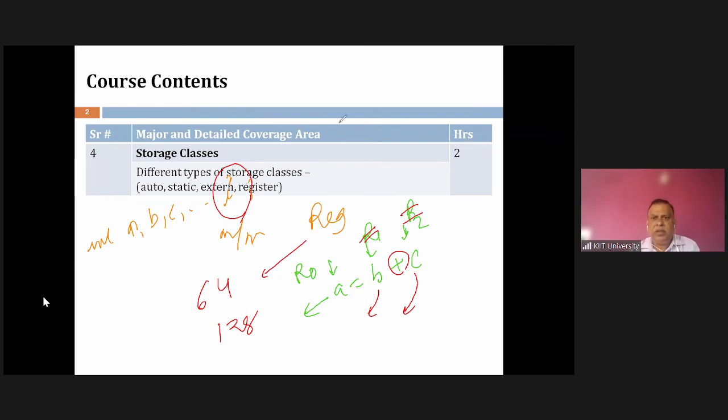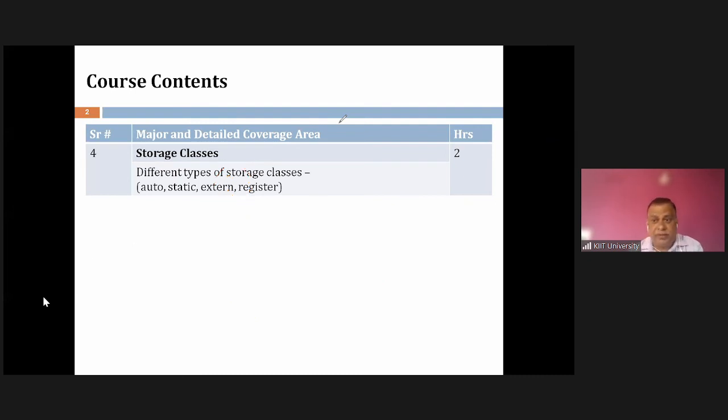Then the next question is, whenever we store the data in the memory, in memory we also have places. One is we can store it in a stack, or we'll store it in a heap area.